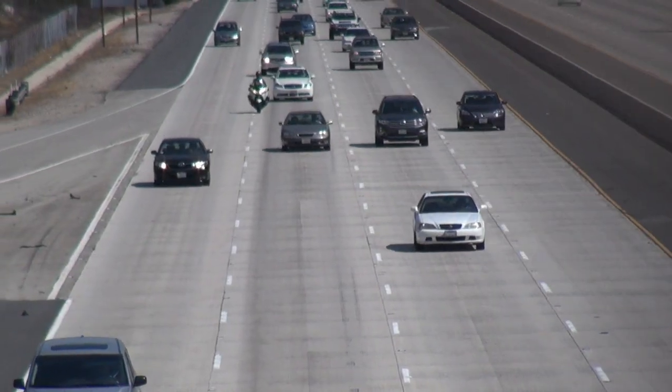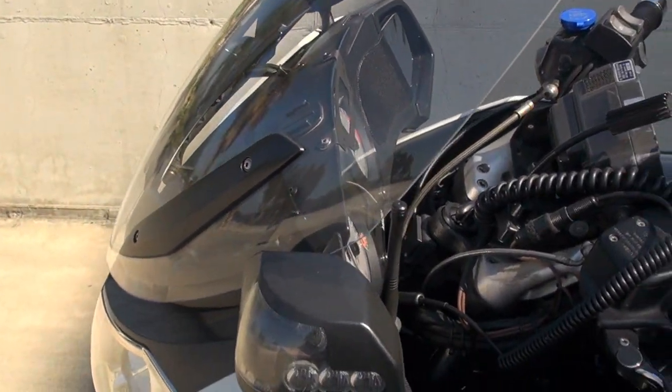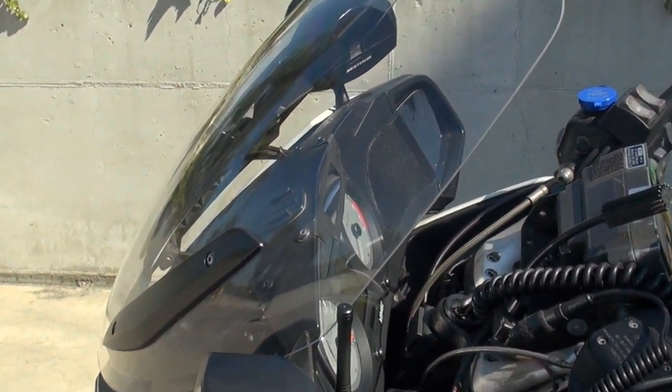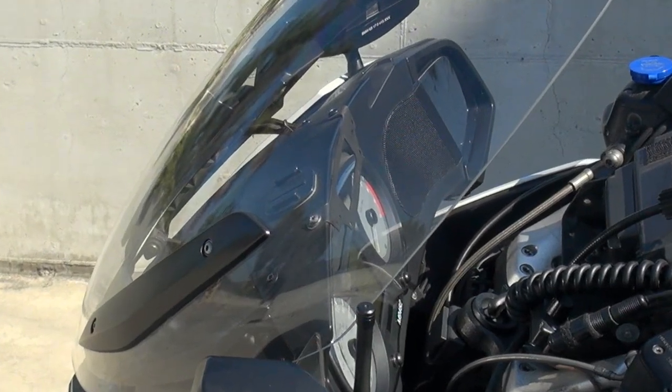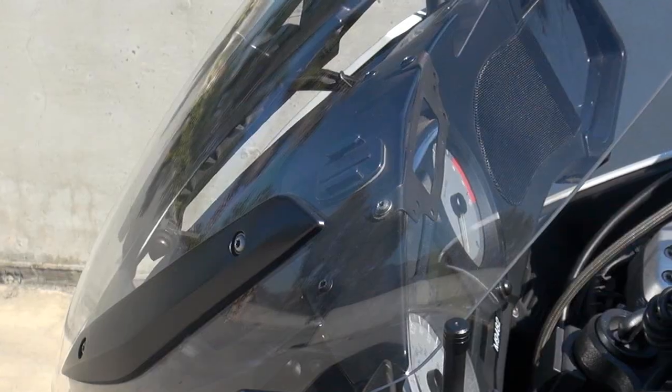For the highway, this bike is ideal. For starters, it has an adjustable windshield that really helps us on the highway at high speeds. When we're patrolling the streets, that windshield can easily be lowered. It allows us better visibility, and on hot days, it allows us to cool down just a little bit. When we get on that highway, we raise that windshield and it protects us from the drag that the body